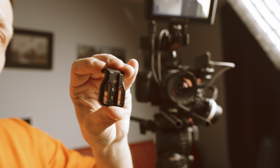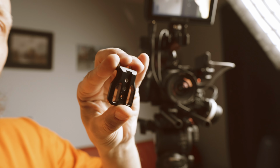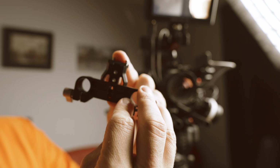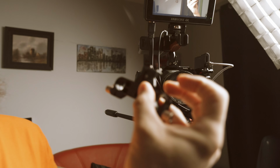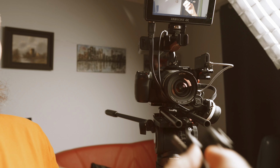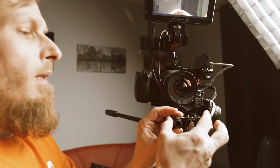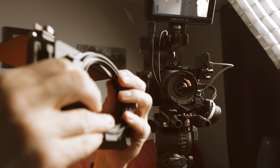My friend just drilled me 2 additional holes, and they are also threaded. The thread is M4 if you're interested. And that way, with 2 additional holes, my range of movement is from here to actually here. So now with such a setup we got like 3.5 centimeters of movement, so like 1.5 inch. And with these additional 2 holes I can then mount it back here, get the 82mm reduction ring, put it inside,